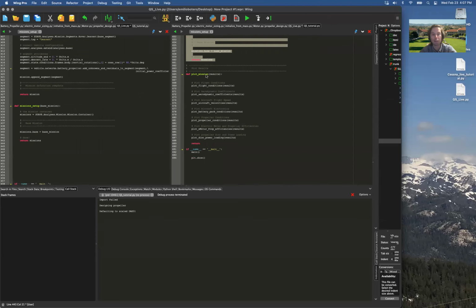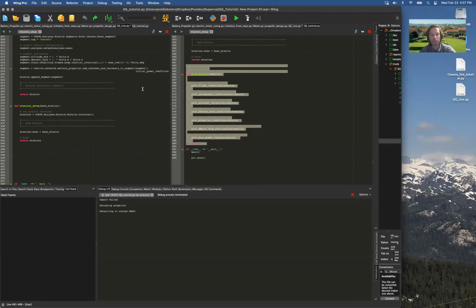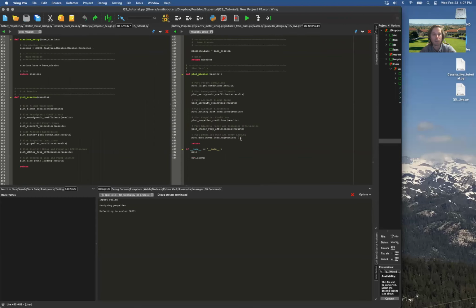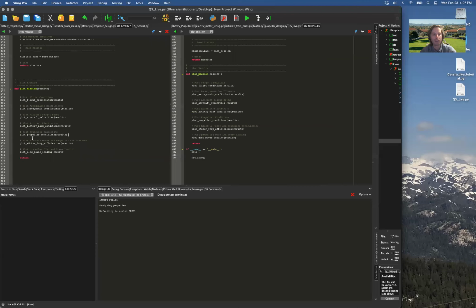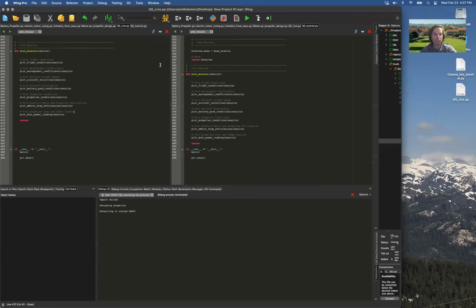Finally, we're going to do the plots. These are just a whole array of plots. This is another thing I copy and paste all the time because I don't think too much about plots. Now, SUAVE keeps a lot of data, and this is not everything SUAVE has available. If there's another quantity of interest, you could create a new plotting routine and add it pretty quickly. For this, we're going to do flight conditions, aerodynamics, velocities, the battery pack, propellers, and motors and propeller conditions. Some of these are going to be redundant for sure, because propellers and propeller efficiencies might have two things of the same, and then plot the power loading. Those are things I just copied from elsewhere. Let's see if this runs. If not, we'll run the other